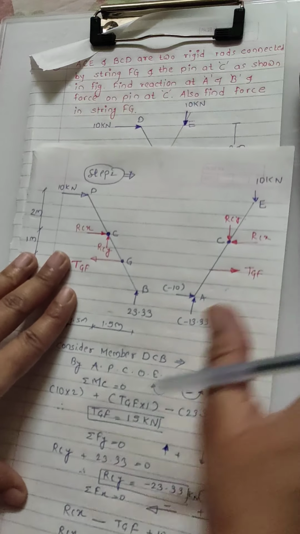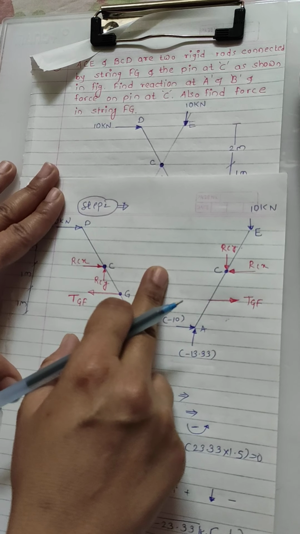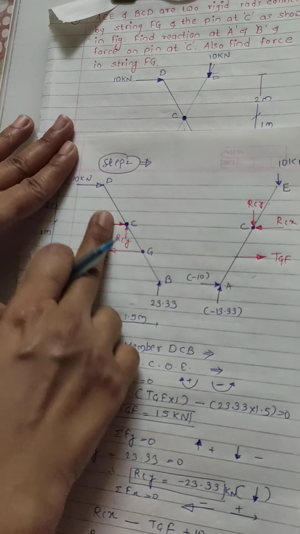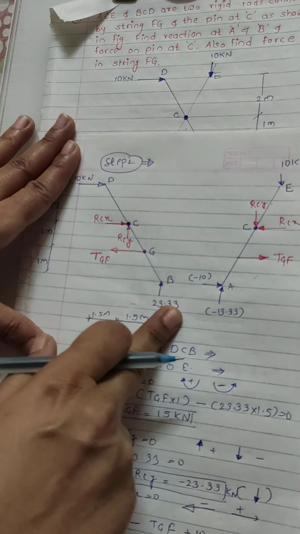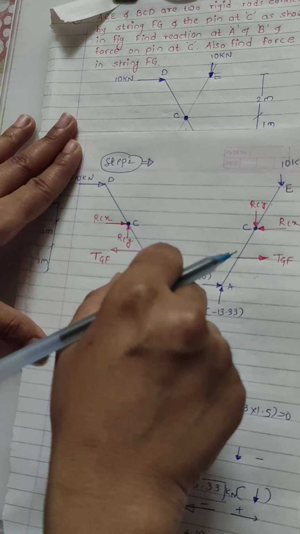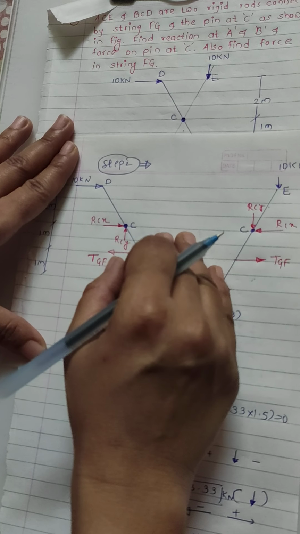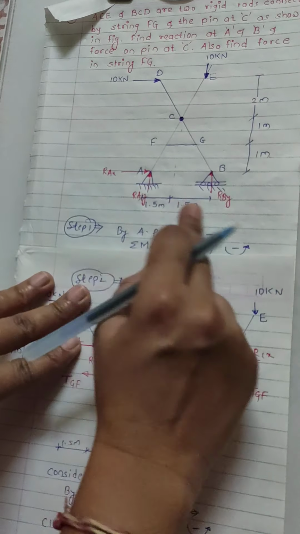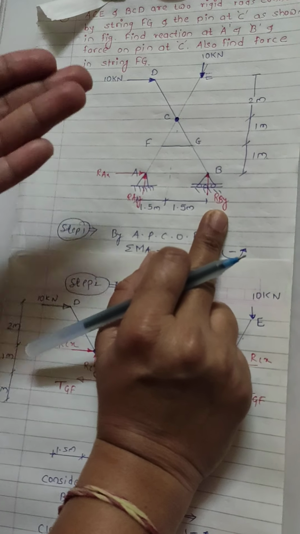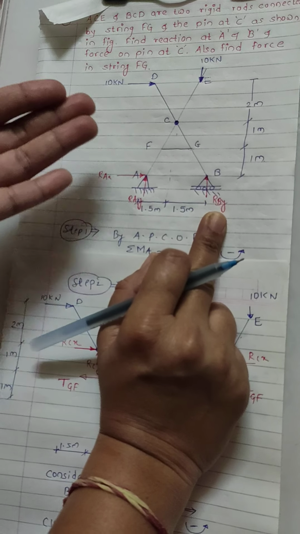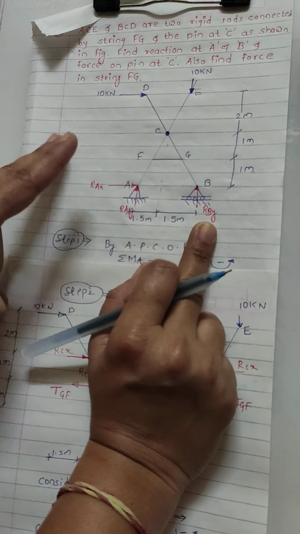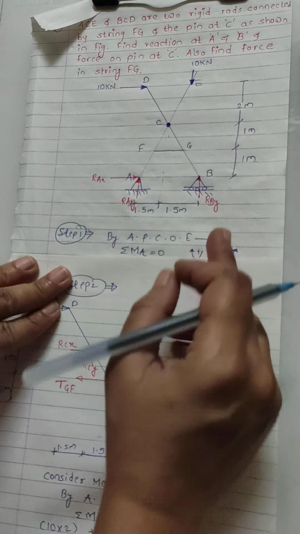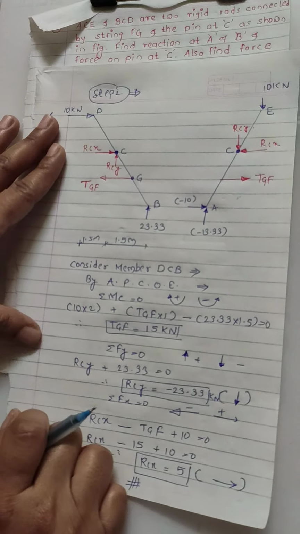So here by solving any one of the members, you will get the desired answer. You can solve either DCB or ECA. So in a frame, try to divide the numerical in two steps. Step 1, consider the external hinge, and in step 2 consider the internal hinge, and in step 2 break the frame into two members and try to solve at least any one member so that you will get the desired answer. Thank you.